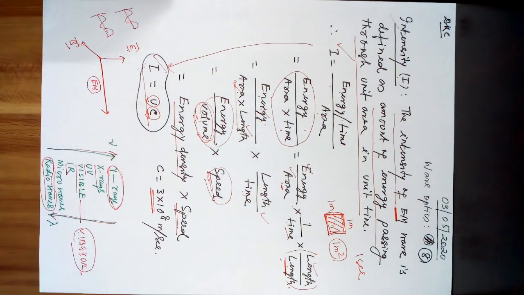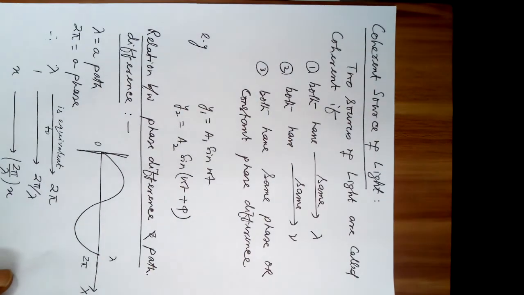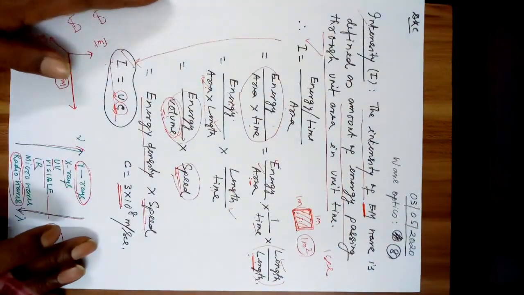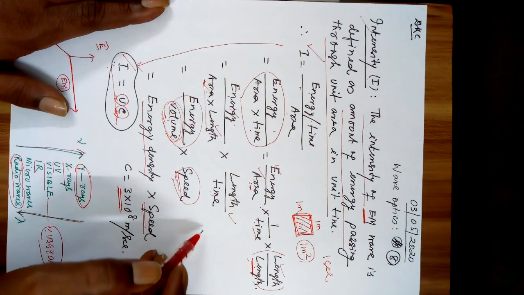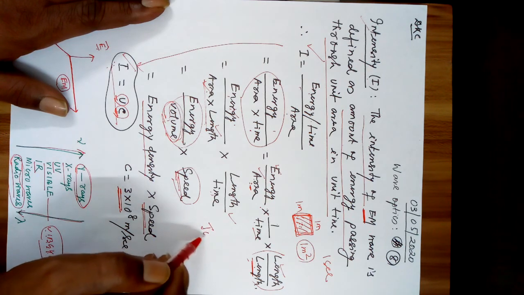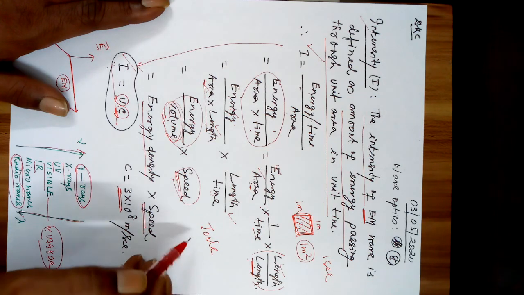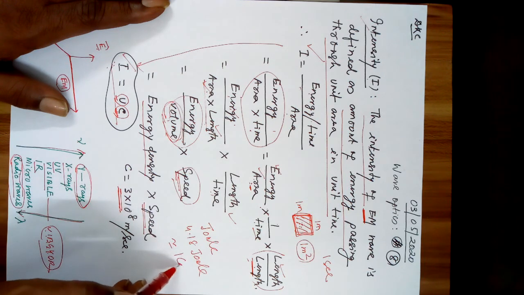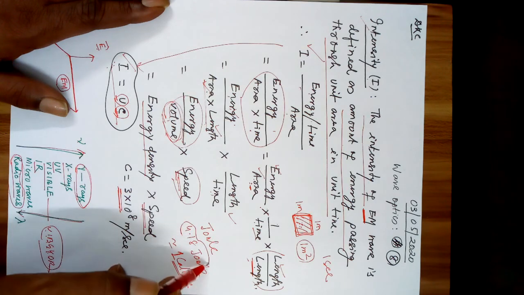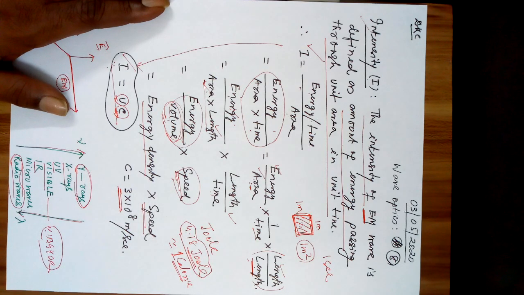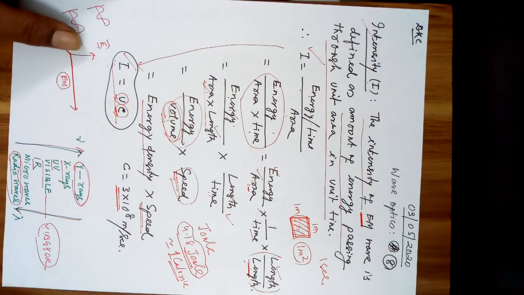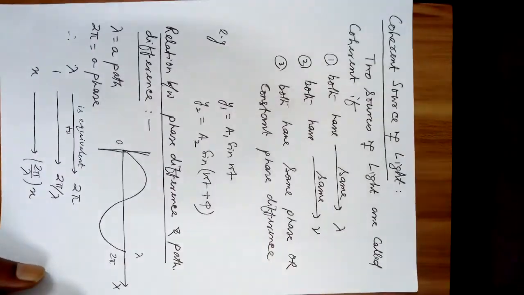Now let us then go to coherent source. Let me tell you once more about energy. In your plus one classes, we had derived energy. The unit of energy was joule, and we knew 4.18 joule was equivalent to 1 calorie. The heat energy is expressed in calorie. This is your mechanical energy, right? Now 4.18 joule, that is nearly 4.2 joule, is nearly equal to 1 calorie. That is what we studied in the previous class.